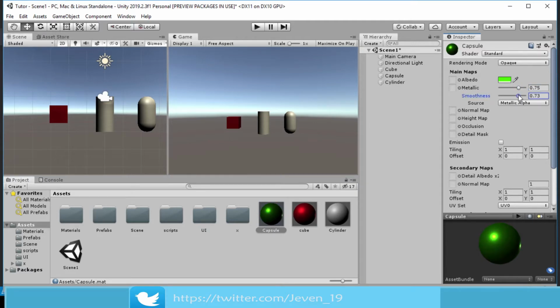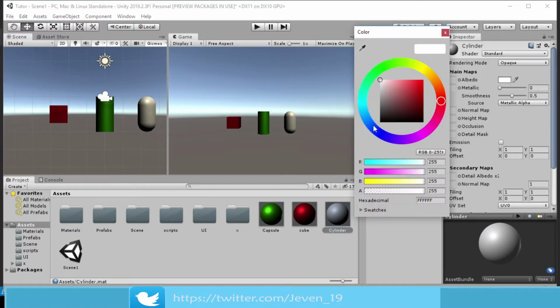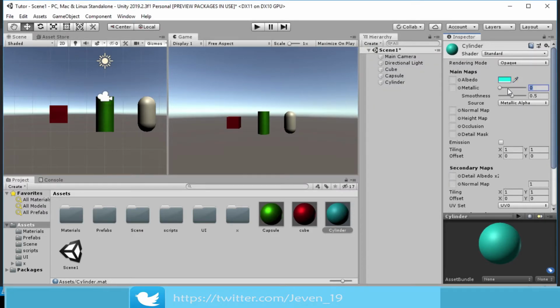So let me see, about there. And for the cylinder I will give this a blue color, a light blue, so this will be very light. Then I can drag this there. So these are what we're going to be using